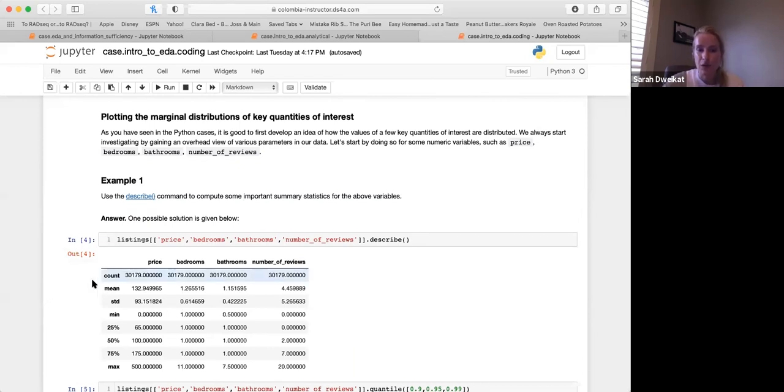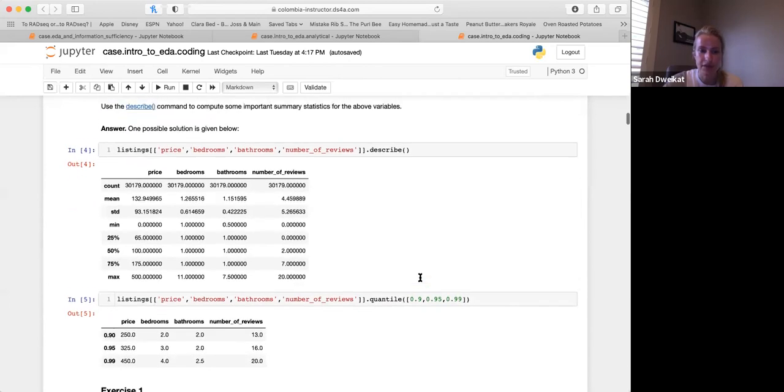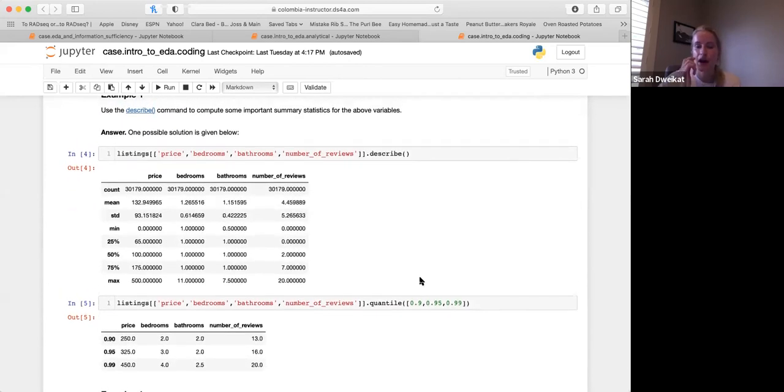Our listings variable has our data set, and that's basically going to be the name of our data set going forward. We are pulling out these particular columns of interest: price, bedrooms, bathrooms, number of reviews, and we're using this .describe function. This is super helpful because it will give us all of that summary information that we needed